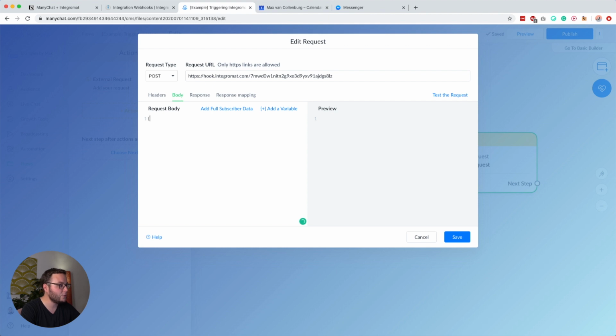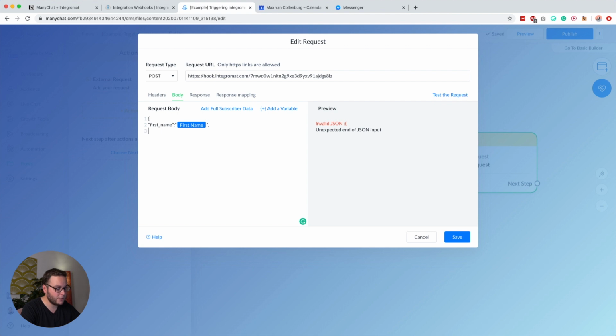So to do that, you start with a curly bracket like this, then a quote mark, and then I would, for example, here start with first name, and then here a colon, and then another quote, and then we're going to add a variable here, first name, and then it's really important that you uncheck this box, because otherwise you're going to get errors. And then we close it off with another quote,